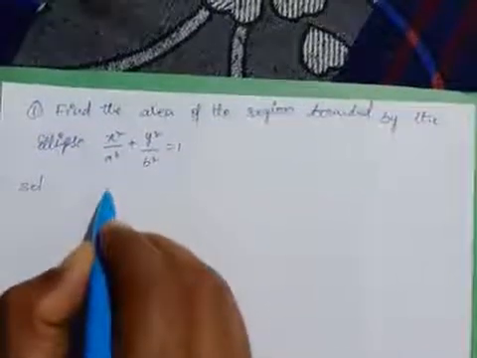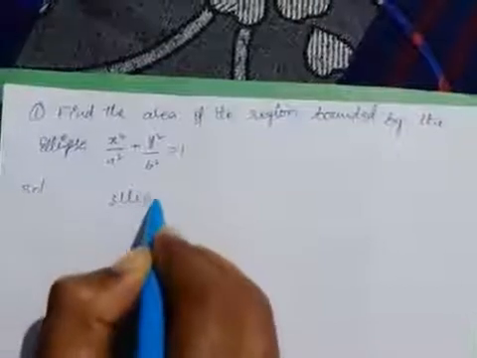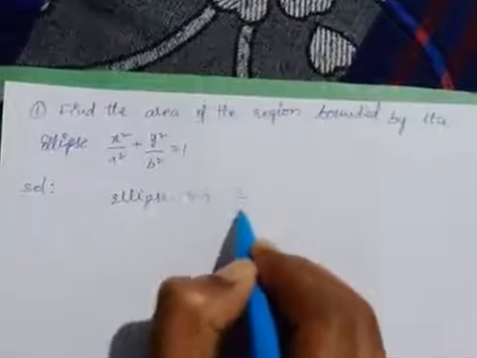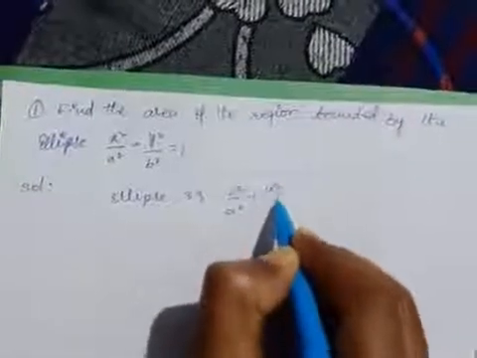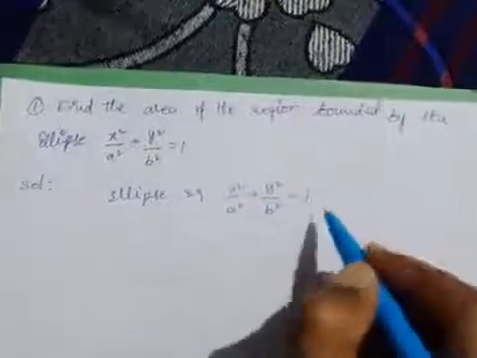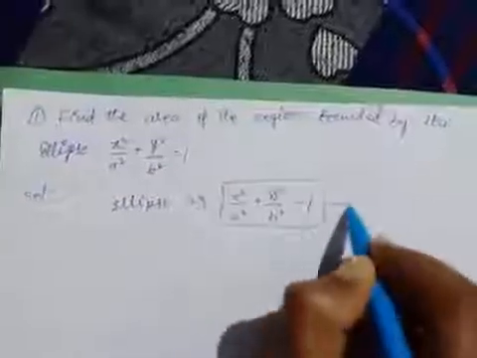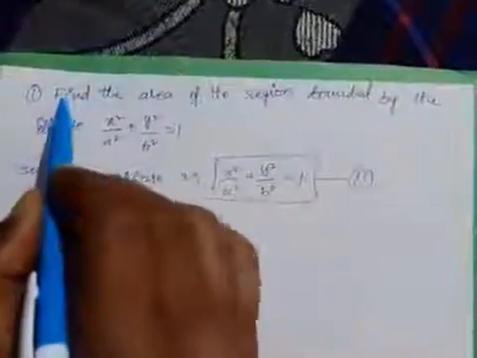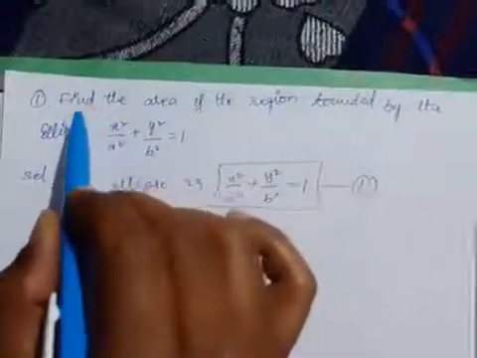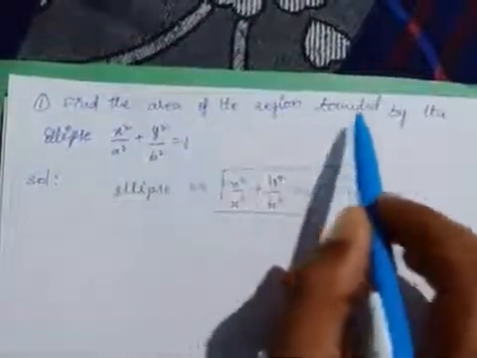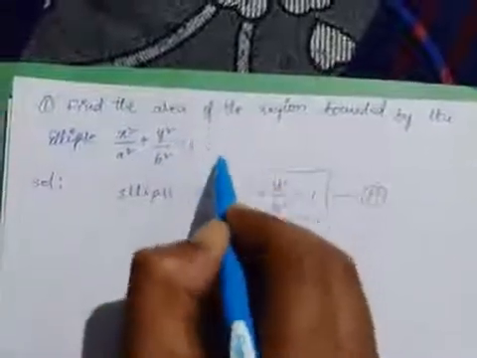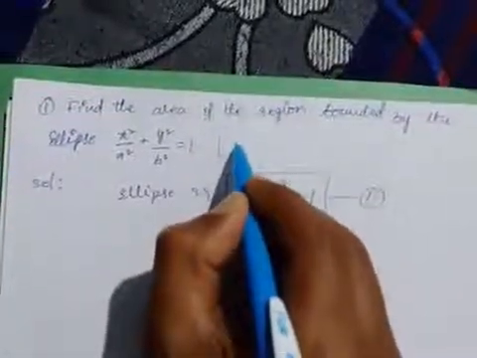First of all, write down the ellipse equation. The ellipse equation is x square by a square plus y square by b square is equal to 1, as equation number 1. See, in the question he asked directly to find the area of the region bounded by the ellipse. This is the ellipse equation. Sometimes he may ask like this also, towards